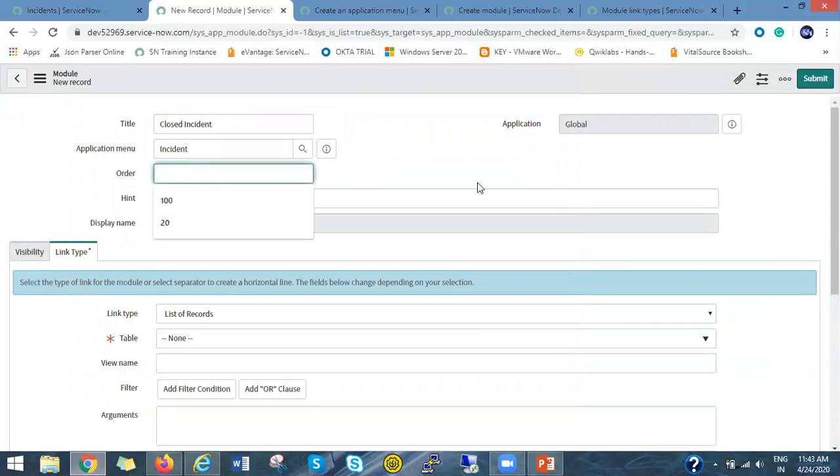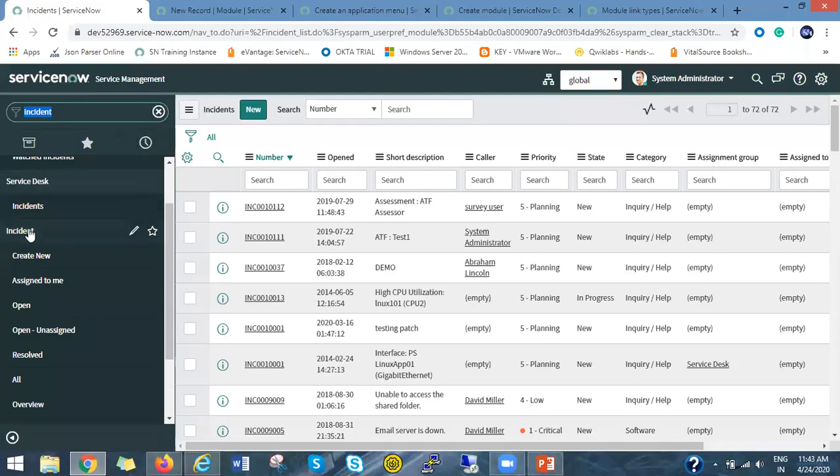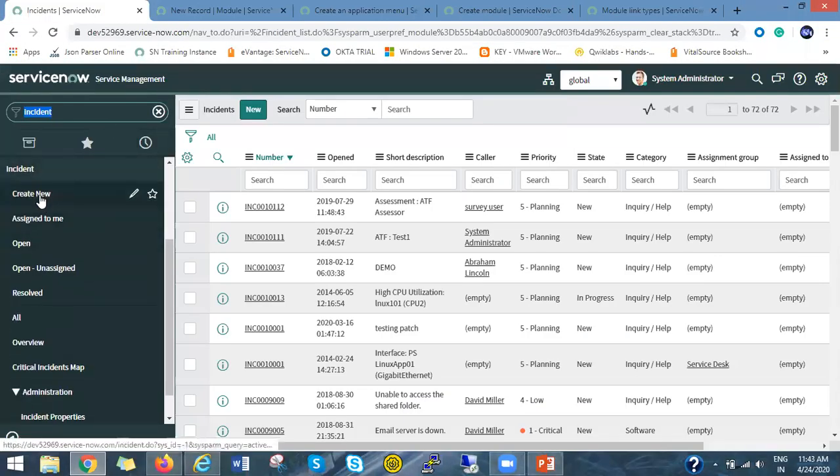Now this is the order field. If you see here inside the incident application menu, there are different numbers of modules available. Suppose I want to add this module before Create New. In that case, I want to see the order of Create New, and keep the order less than Create New, then only it will be visible on the top.